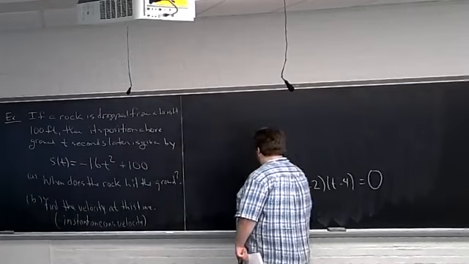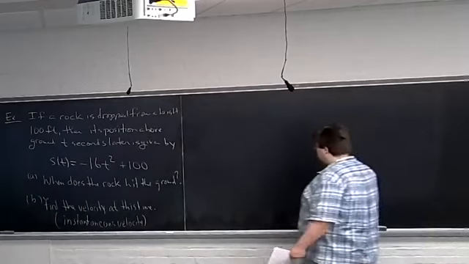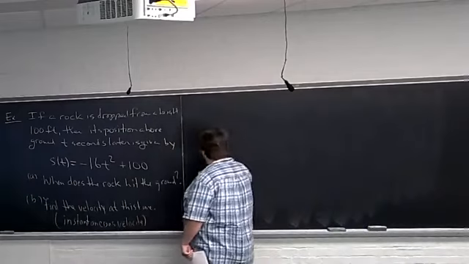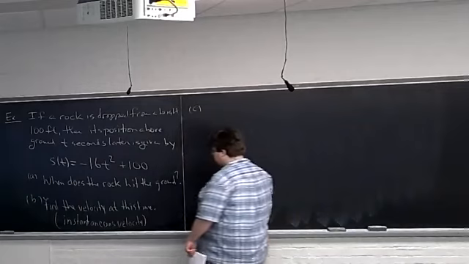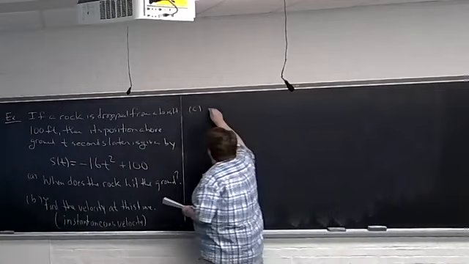So there we're looking to find the instantaneous velocity. Now I tend to use that word very frequently because of how long it is and how many syllables it has. Part C, find